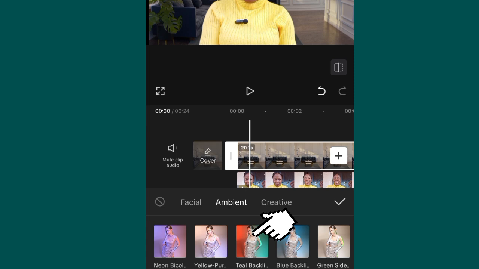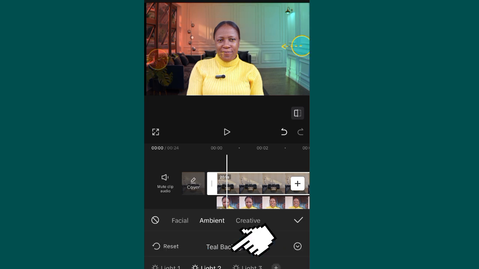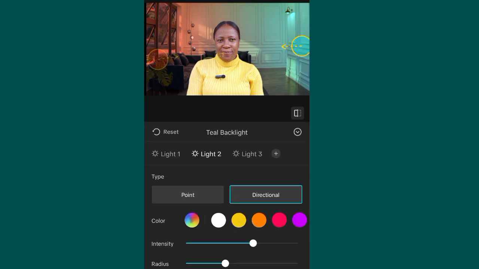So let's check it out. Let's check what we have. Guys, this is just for the tutorial. You can do any one you want. You can play around with it and look for your favorite. This one is just for the sake of this tutorial. So I'll click on T backlight, and you also need to wait for it to apply. Did you see that? Like this, for the second time, tap on it. Like I said before, you just double tap on it, and then